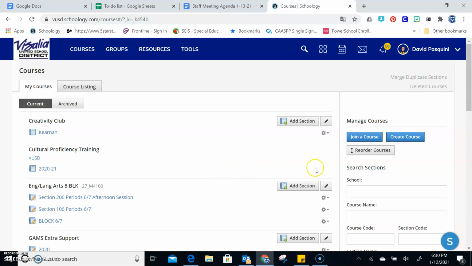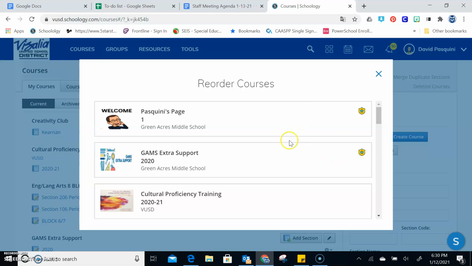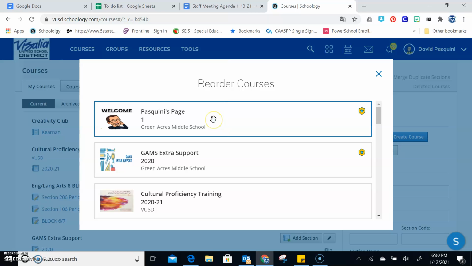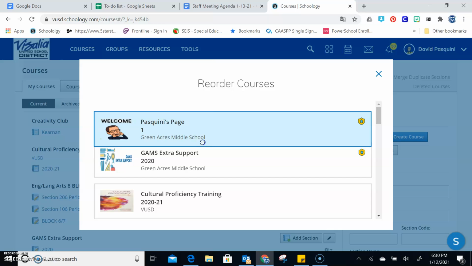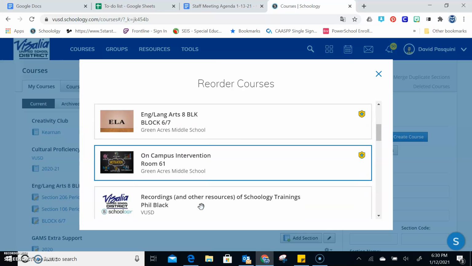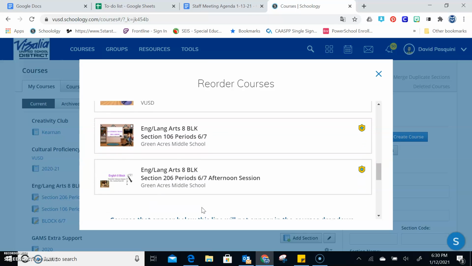So I come over here to the side and I reorder courses. Now I can put them in the right order that I need. Do I need to have my page first? Well, maybe, because do I go to it a lot? Not so much. So maybe I might scoot that one down. Okay. But I have the classes that I do need, things that I do need are down here, way past